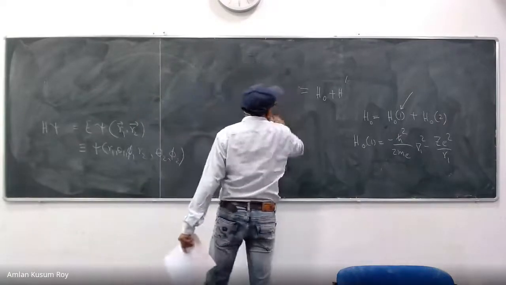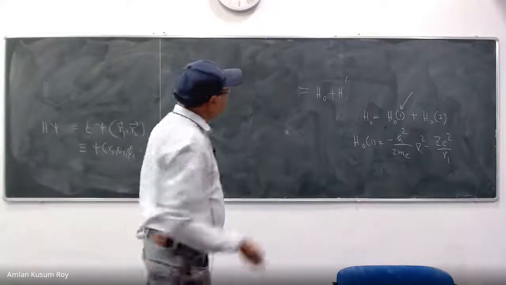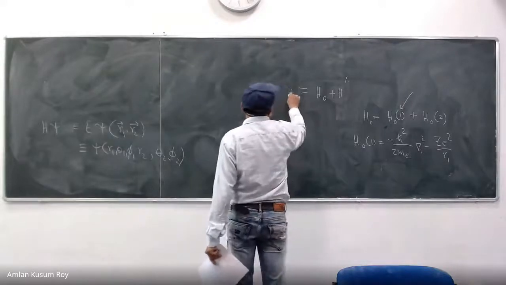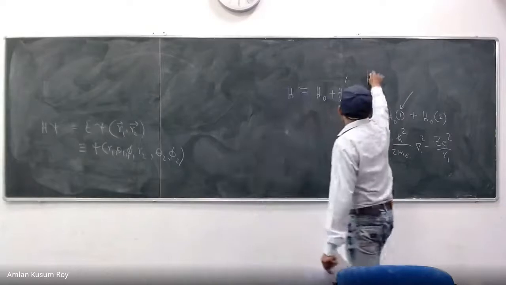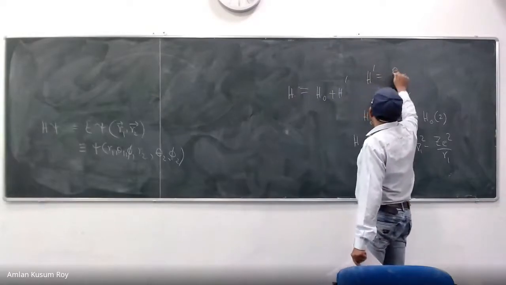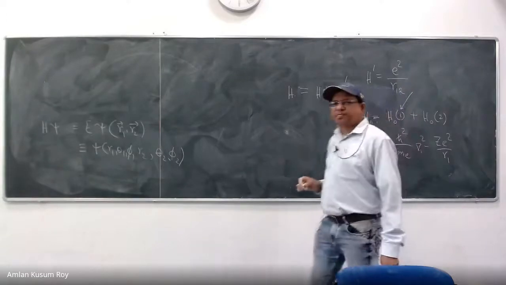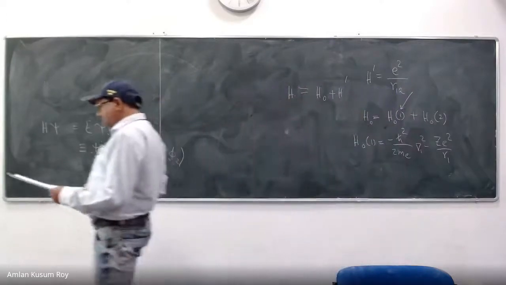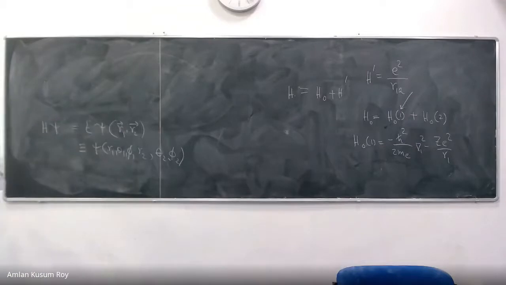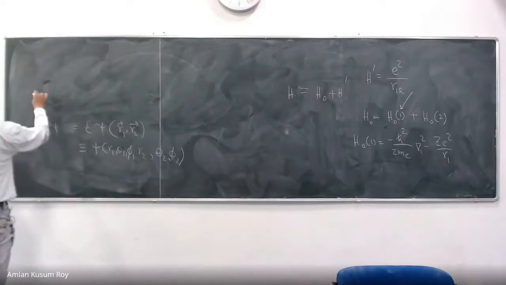So, H is equal to H0 plus H prime. And what is H0? H0 is the other term, e squared over r12, which is my perturbation. Okay. So I have a two-part Hamiltonian. So what is the solution of the unperturbed problem? The unperturbed problem I can write in this fashion.